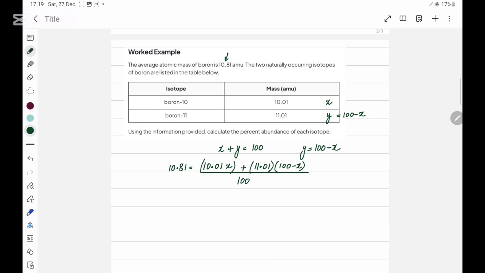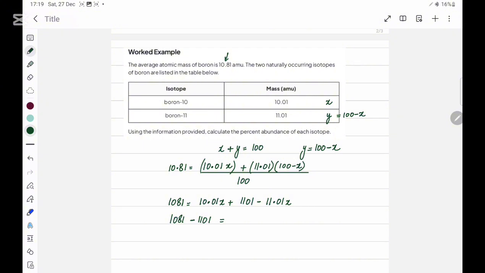Now what we can do, we can take 100 over there, so multiply 100 with it, it would become 1081, and this is 10.01x plus 11.01 into 100, that becomes 1101 minus 11.01x. And now we can solve them, and 1081 minus 1081, I am going to take 1101 on the other side, and then solve this